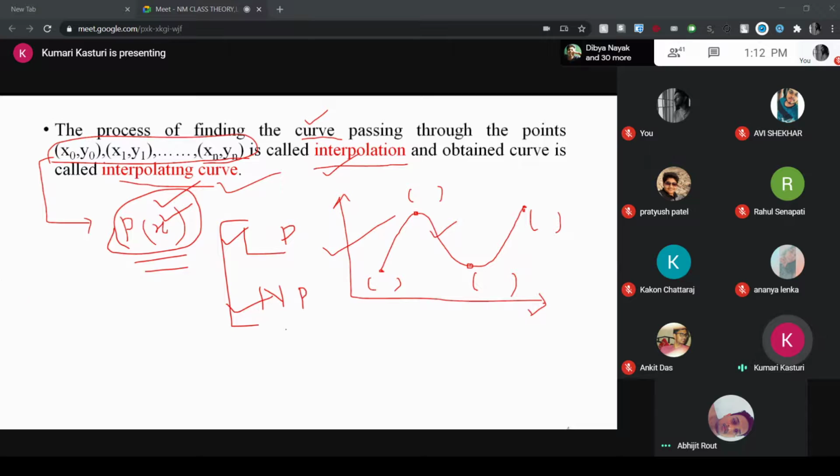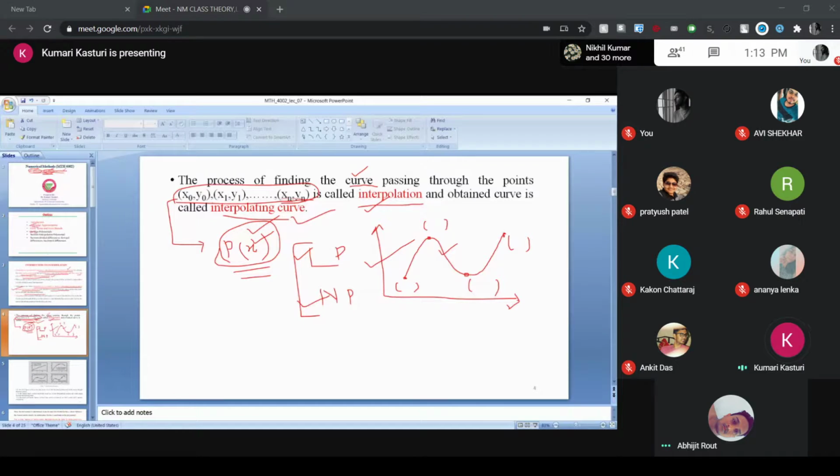Okay, are all of you clear up to this point? What is the meaning of interpolation? Do all of you have some idea? Yes. Please respond. Why are you not responding? I don't know. Yes. Am I not audible to you or what? Am I audible to you? Yes or no? Is anyone not able to hear me?